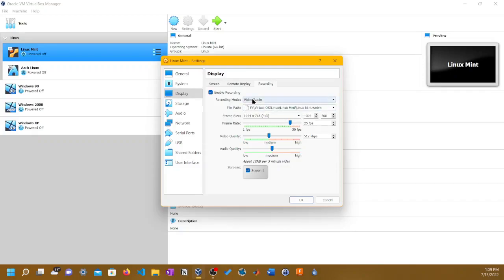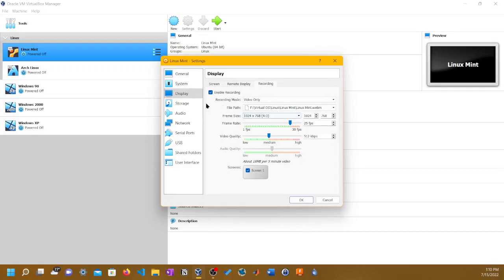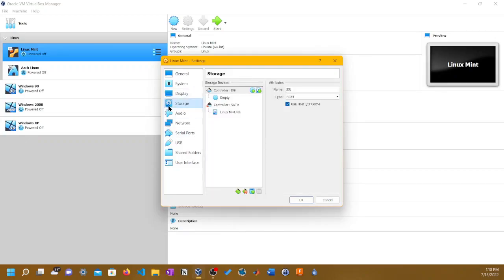Yeah, let's just try video only. Yeah, I'll have to tinker with this. I don't want to end up, you know what? Let's tinker with it right now. So after just looking at all the settings, we could tinker with it right away.